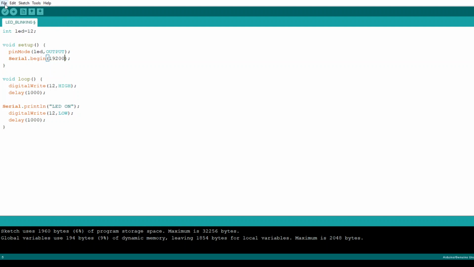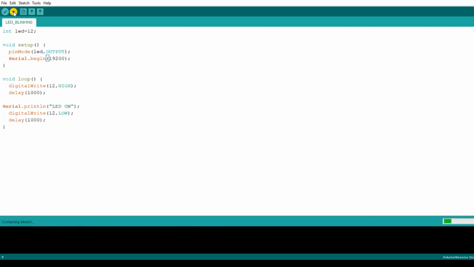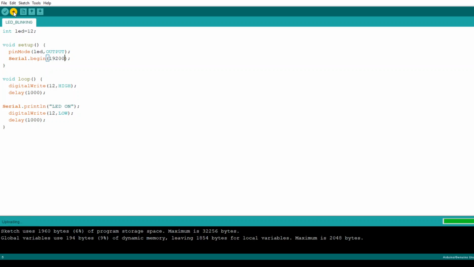Whatever you change in the code, just save and upload. Done uploading. After you change the code, save and upload it. Once it's done uploading, view the serial monitor. Here also 19200 baud rate, and here also 19200 baud rate. So the data was received, right?